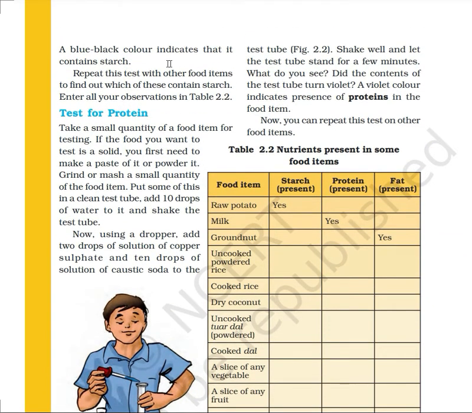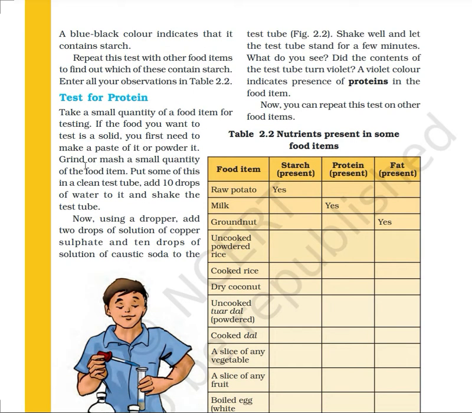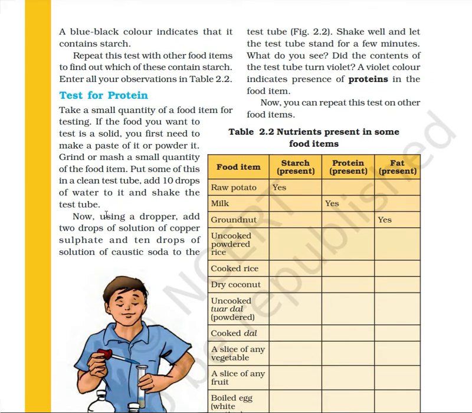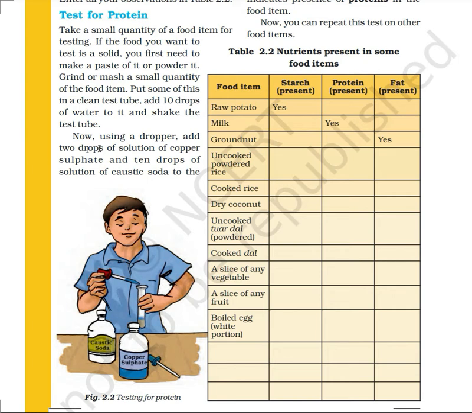Now we'll do the test for protein. Take a small quantity of a food item for testing. If the food you want to test is a solid, you will first need to make a paste or powder of it. Grind or mash a small quantity of the food item. Put some of this in a clean test tube. Add 10 drops of water to it and shake the test tube well. Now using a dropper, add 2 drops of solution of copper sulfate and 10 drops of solution of caustic soda